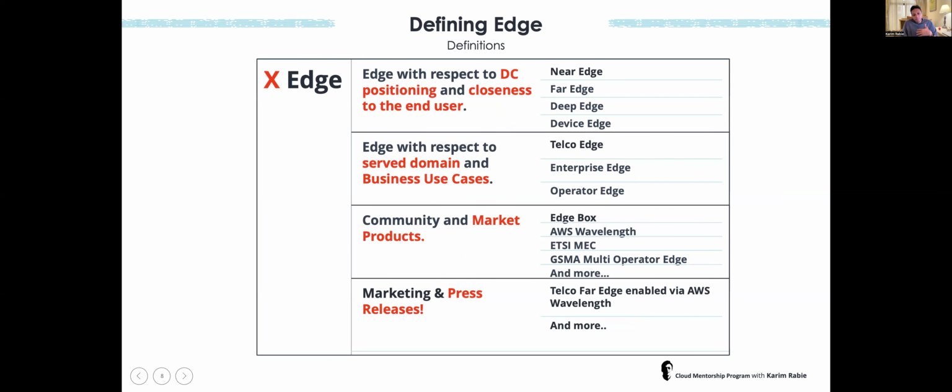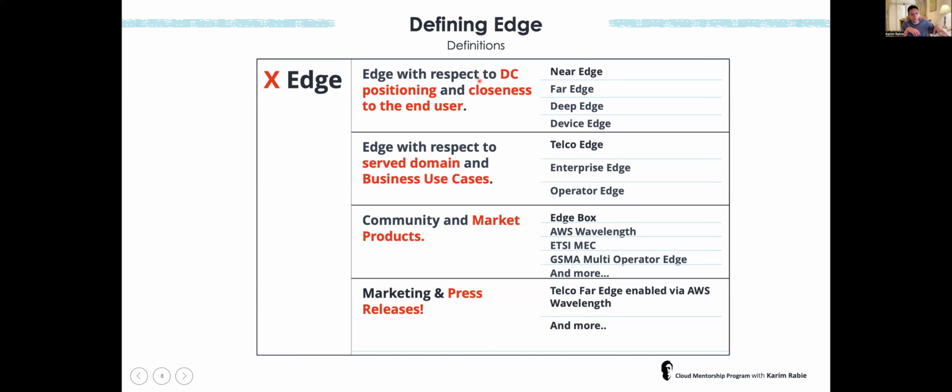So you can find a lot of edge terms, like near edge, far edge, telco edge. So that's like a map to understand the terms. You may have a definition of edge with respect to DC positioning. For example, think of the core as the reference. So near edge is a data center near to the core. Far edge is very far from the core. Deep edge is deep, far from the core. So you can get that edge terminology with respect to this DC positioning or being close to the end